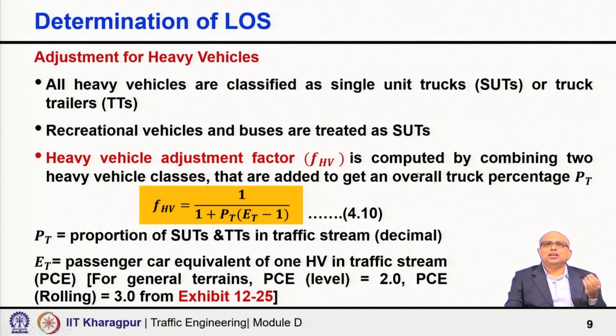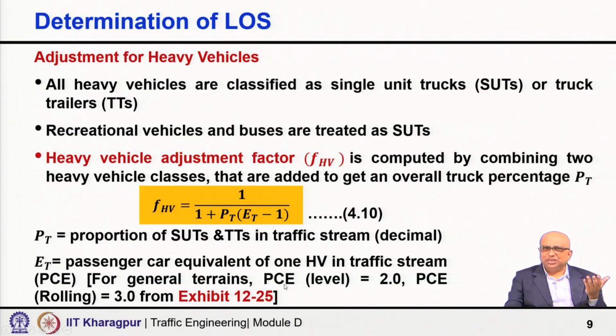Therefore, the heavy vehicle adjustment factor is computed by combining the two heavy vehicle classes to get an overall truck percentage PT. So, PT is the proportion of SUTs and TTs in the traffic stream, total share in decimal, and then ET is the passenger car equivalent of one heavy vehicle, what we are considering together,